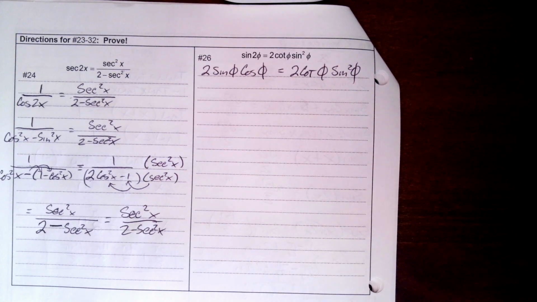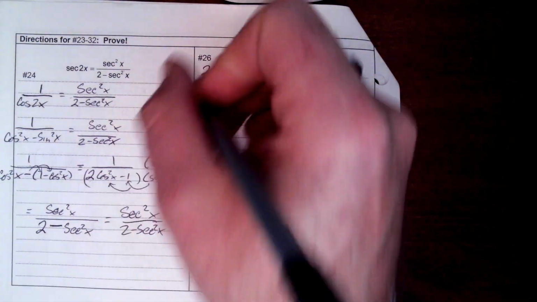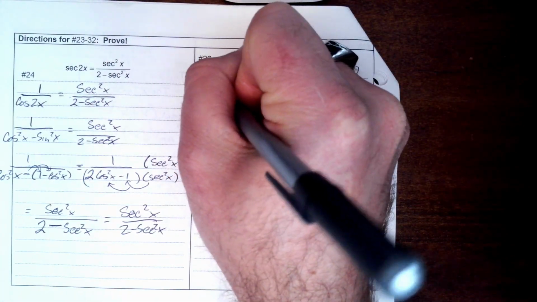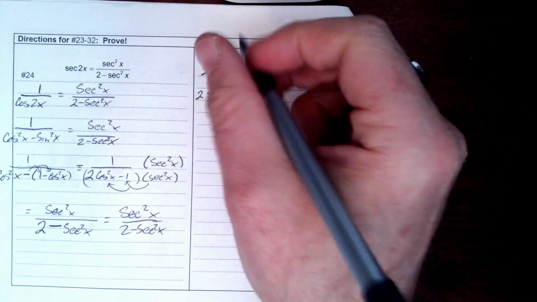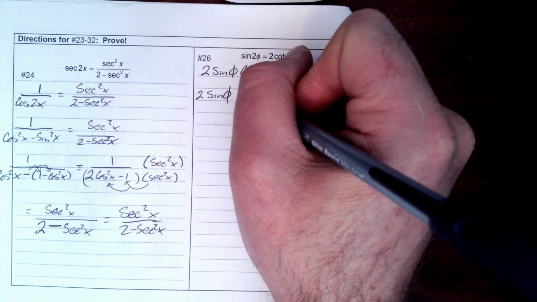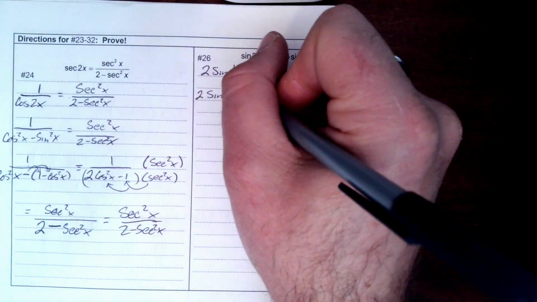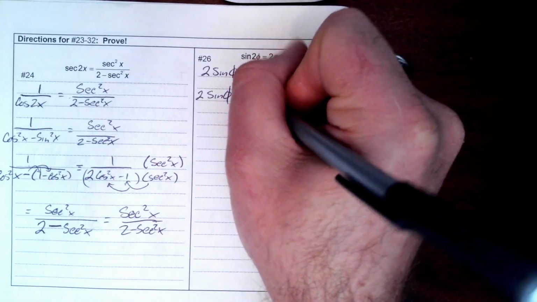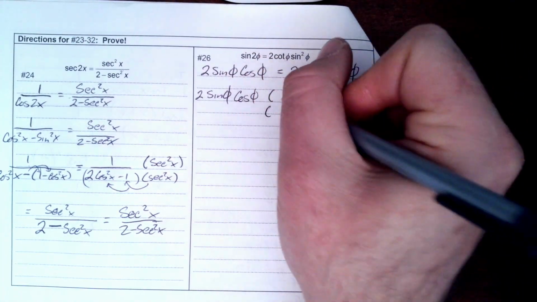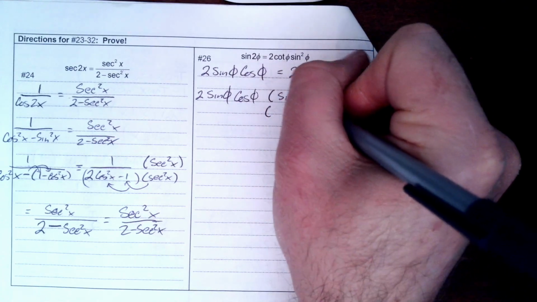I can kind of make this look like fractions, and the reason I want it to look like fractions is because of that cotangent. Cotangent needs to be cosine over sine. So if I multiply top and bottom by sine,